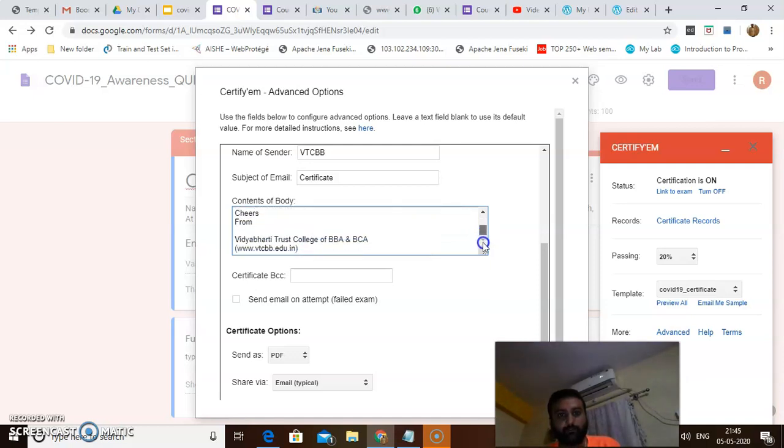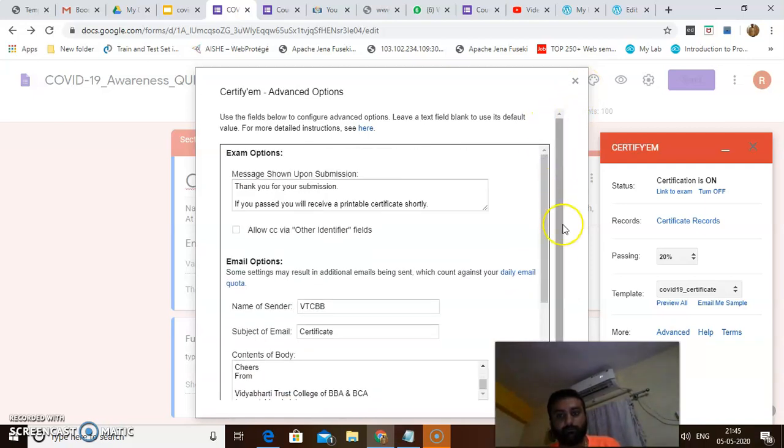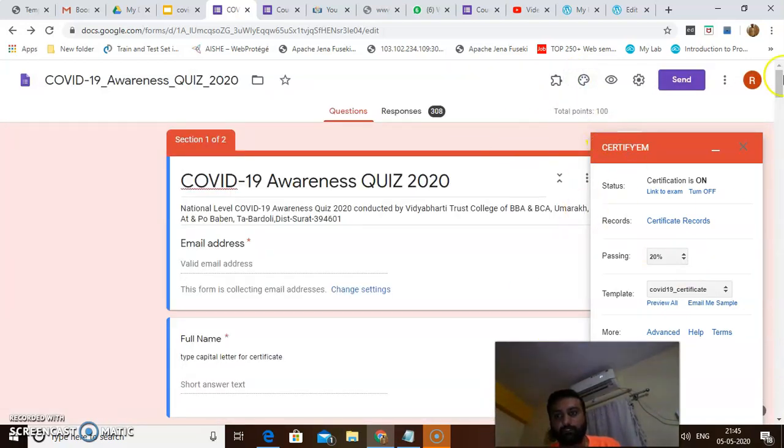Whatever you write is the email body. If you want, you can set BCC, blind carbon copy, and here is the PDF, send via email. If you want to send an image, you can also send an image. Okay, so save. I already saved all these things.